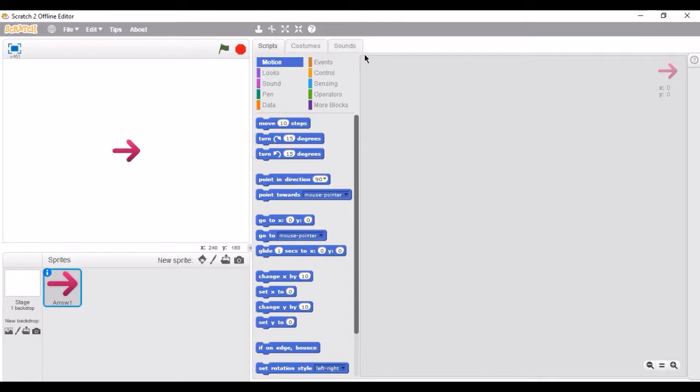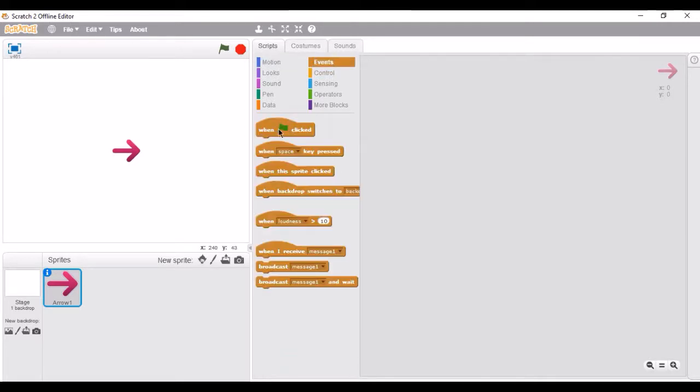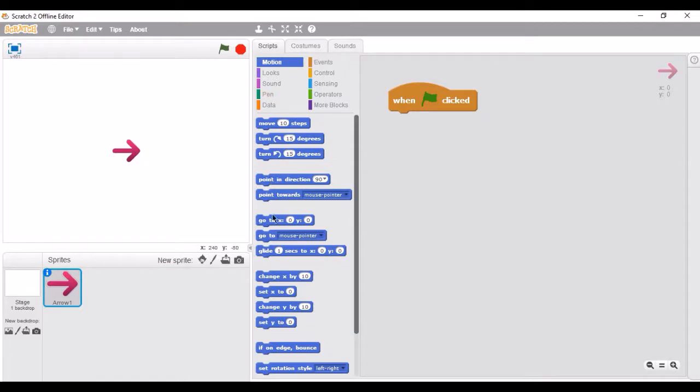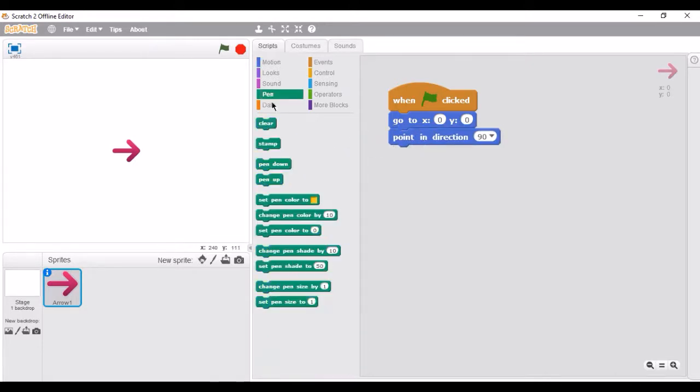First, we're gonna put our when green flag clicked block from the events group. Then we're gonna put our go to x0, y0, point in direction and clear from the pen group. Then we're gonna put pen down and